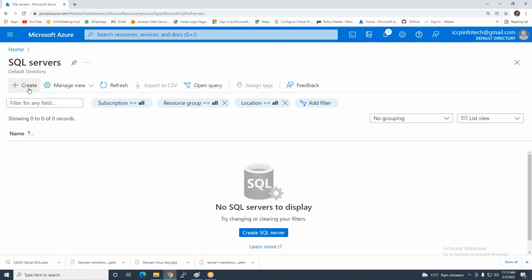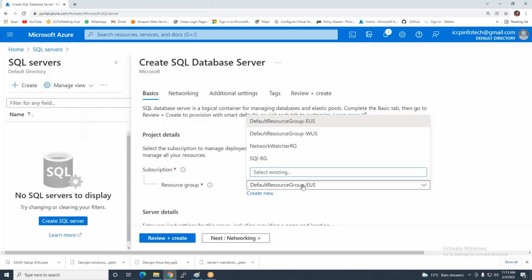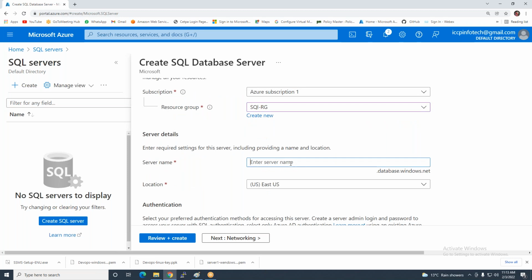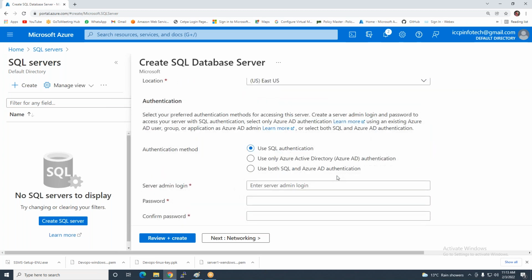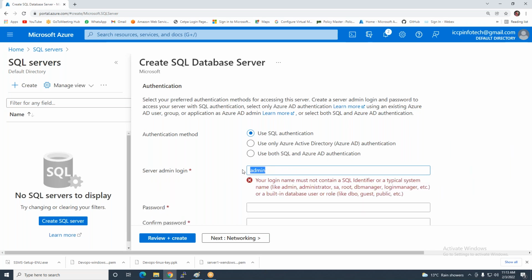Now I click on SQL server and then click on create. Select a resource group. Give the name of the SQL server, like ICCP SQL, in the East US location. The authentication method is either SQL authentication or Azure Active Directory. So now I'm using SQL authentication, with a SQL server ID and password. So I'm generating the SQL ID, like admin, and for the password, I'm giving the name